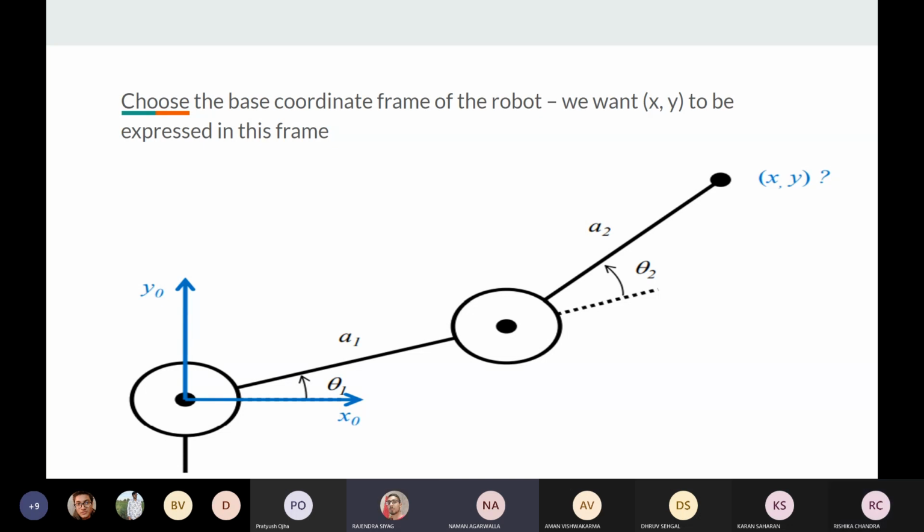X will be a1 cos theta1 plus a2 cos(theta1 plus theta2), and Y will be a1 sin theta1 plus a2 sin(theta1 plus theta2). Yeah, absolutely right. So you have the knowledge; this is just a revision. Kinematics is everything about this: you have to calculate the coordinates and angles. It is really simple. For those who haven't solved it, I have the solution with me as well.